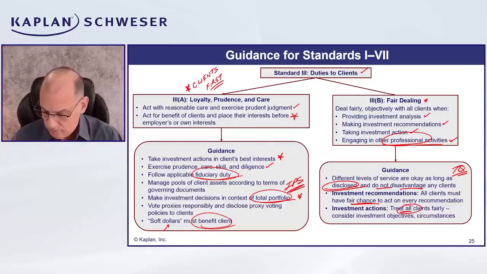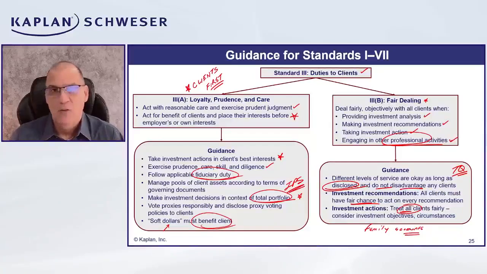Now, you want to watch out. There's a little one here that I want to just point out to you. Family accounts. So if you have, say, a brother-in-law who has a certain stock and you're dealing with that stock and your brother-in-law has an account with you, he is treated the same as every other client account. Watch out for that trap door there. You might want to think that family accounts don't get the same treatment when they actually do. Now, the idea is you want to disseminate investment recommendations based on indications of interest and suitability. So tuck that away too.